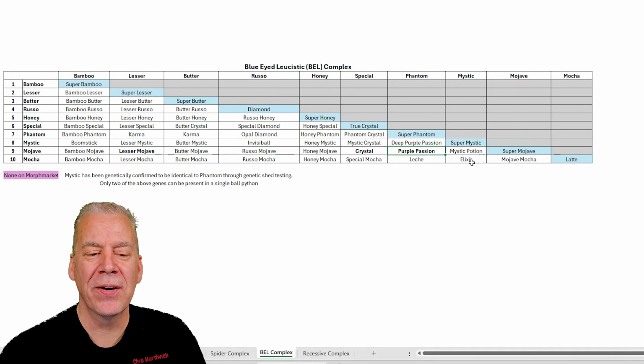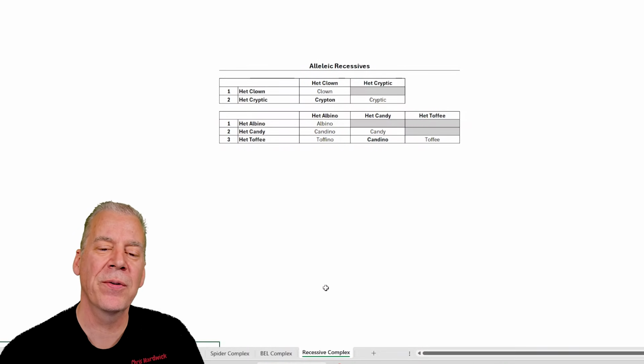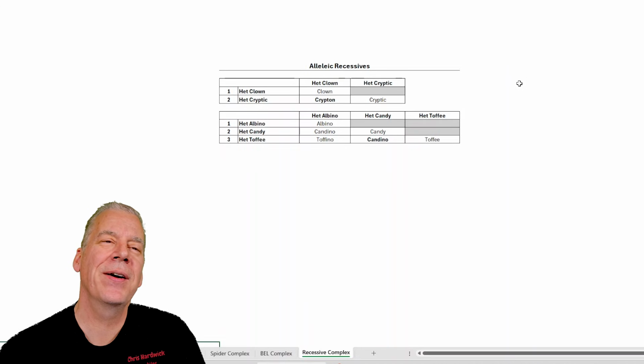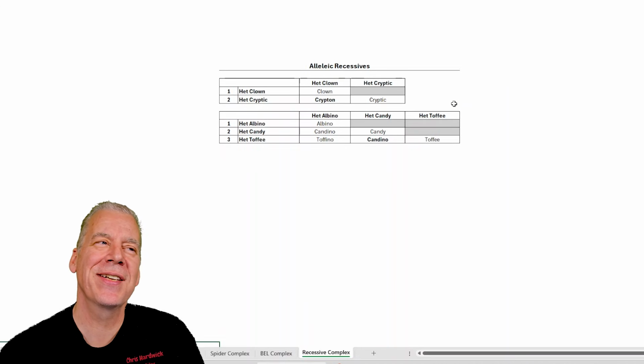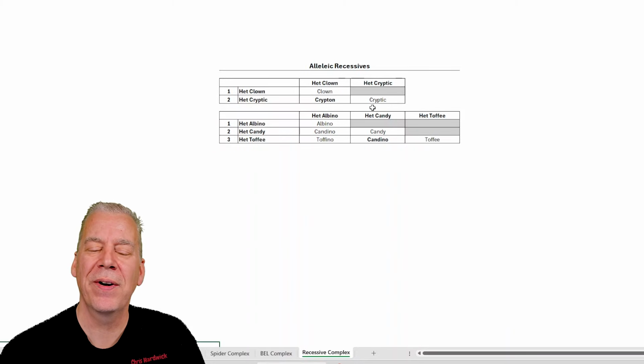All right, so that's pretty much it for the blue-eyed leucistic. I wanted to show you one more thing and just a few recessive genes. I don't think we can consider them recessive complexes because it's not really complex. There's just a couple genes that are recessive that are allelic, which is pretty fascinating. One of them is clown and